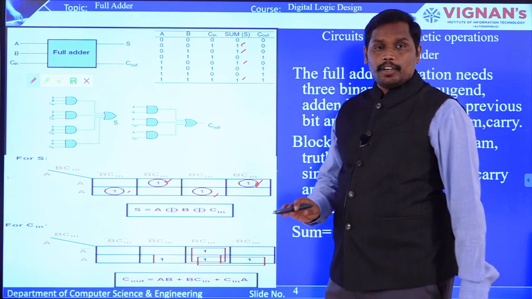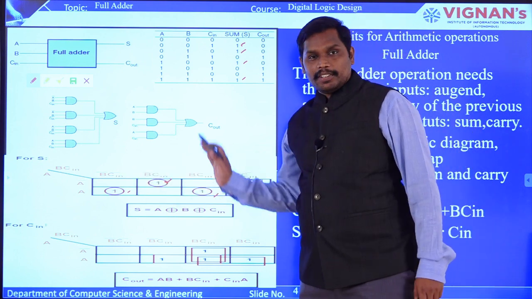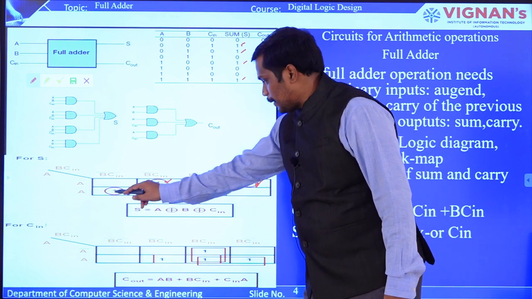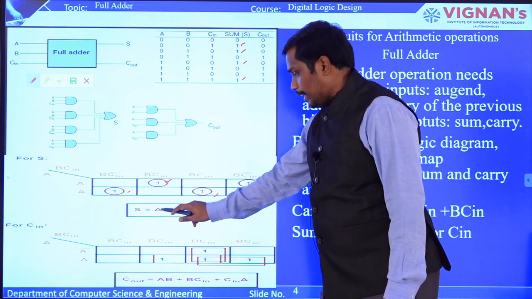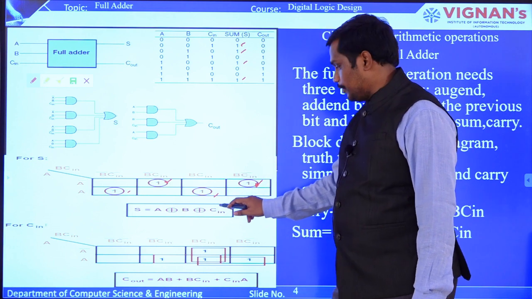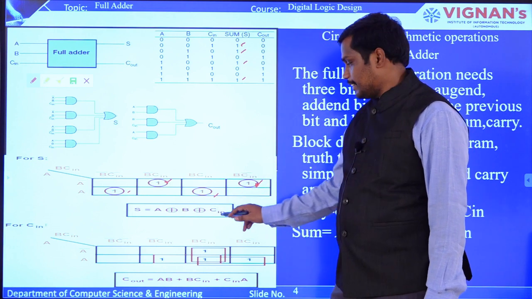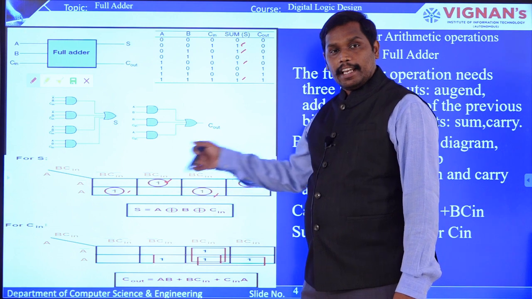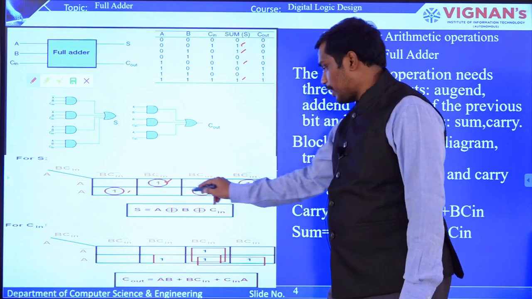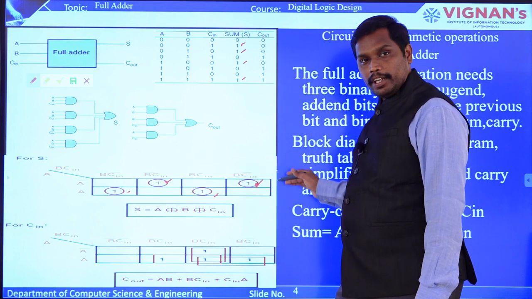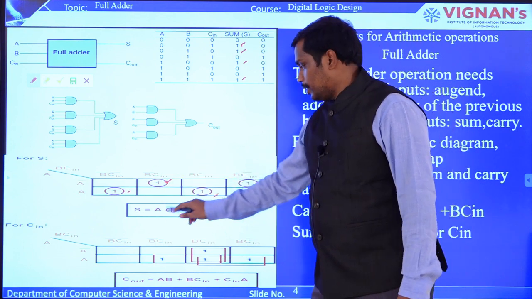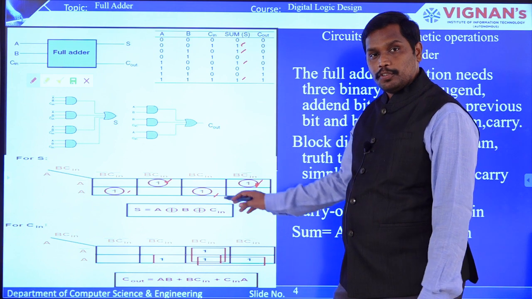By default, whenever this particular Karnaugh map is given to you, whenever you find this ladder kind of thing, the final output will be A exclusive OR of B exclusive OR of C input. Are you getting it? This is the sum. So these three inputs are XORed. This is how you get it when a Karnaugh map is designed in this ladder kind of thing, like a mountain, right? So that will be A exclusive OR B exclusive OR C.